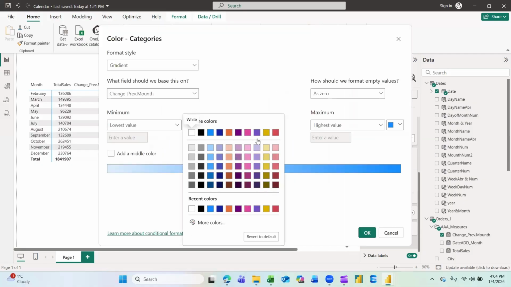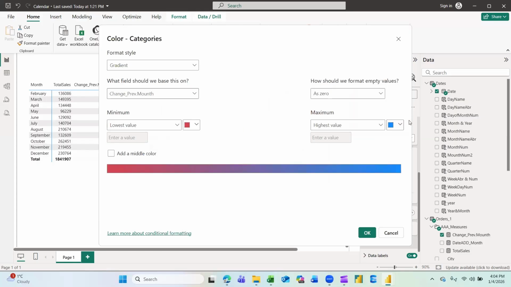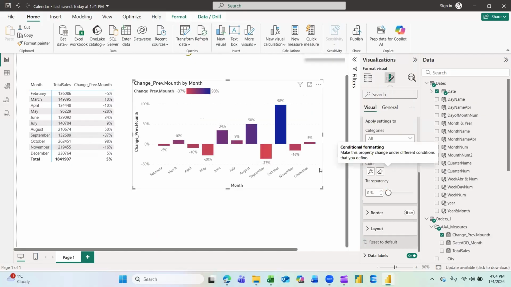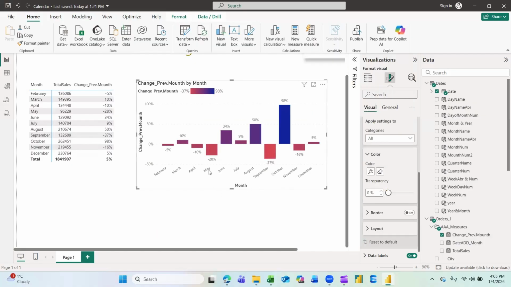For lowest values, let's say for drop we'll use red, and for increase we'll use blue, something like that. Everything which is below the axis is with minus, so this means a drop in our sales, and everything which is above is an increase.